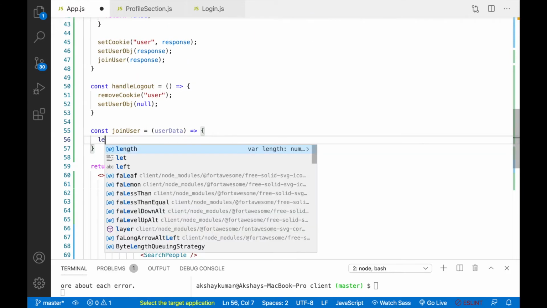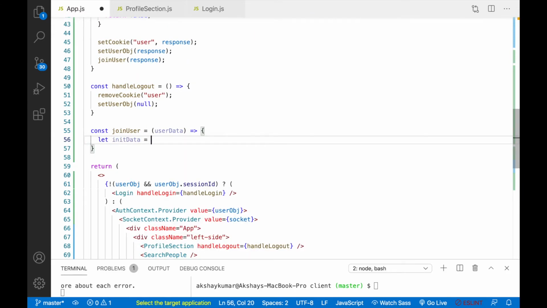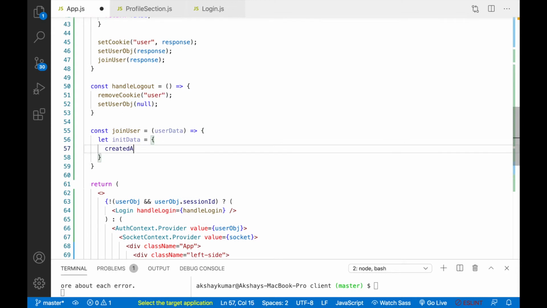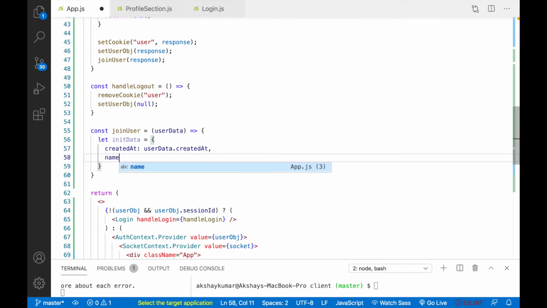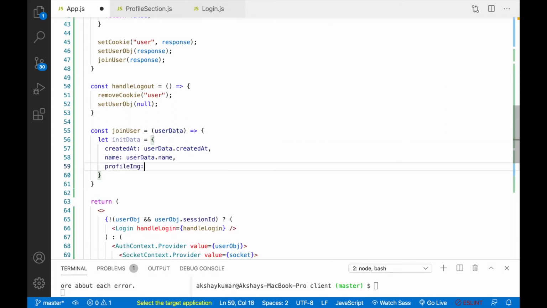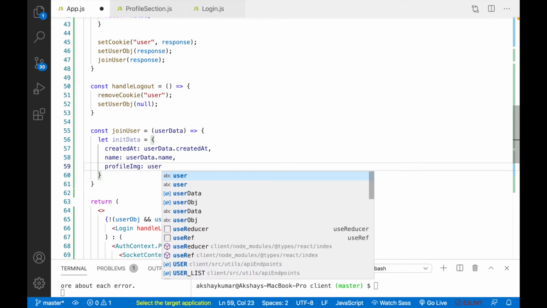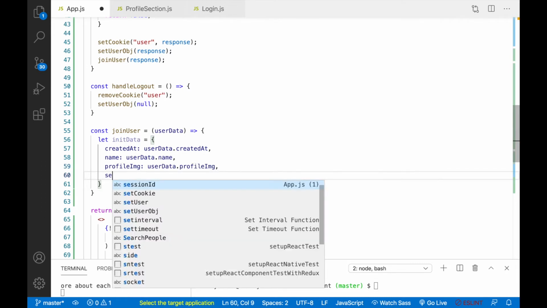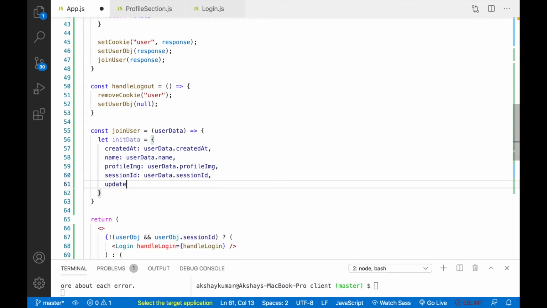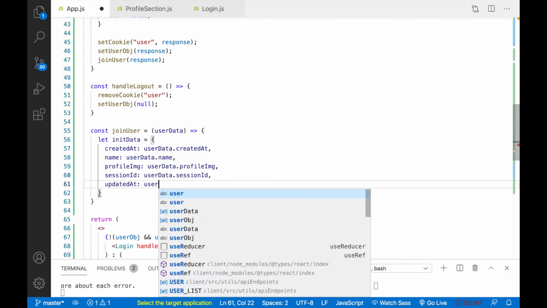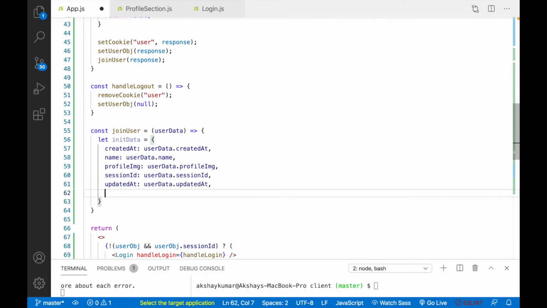Here we'll write let initData equals an object: createdAt will be userData.createdAt, name will be userData.name, profileImage will be userData.profileImage, sessionId will be userData.sessionId, updatedAt will be userData.updatedAt, and finally _id, userData._id.